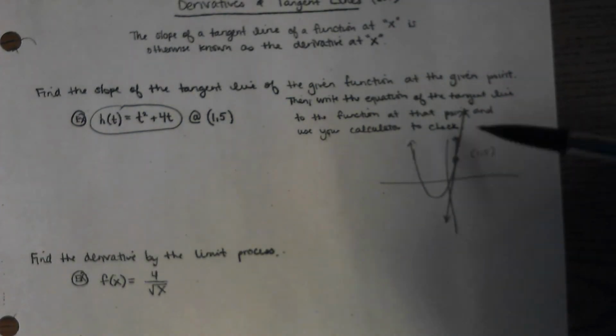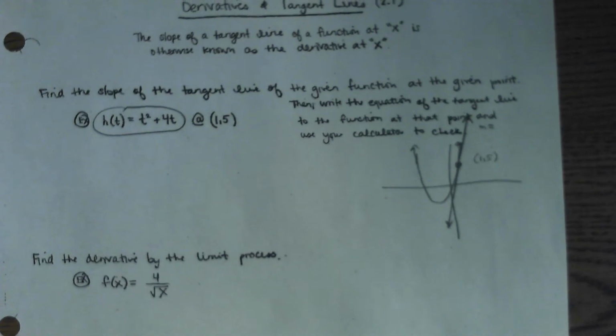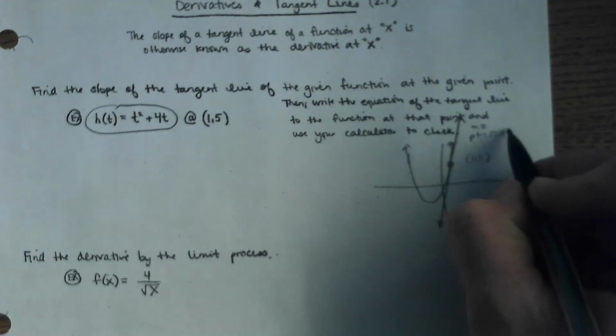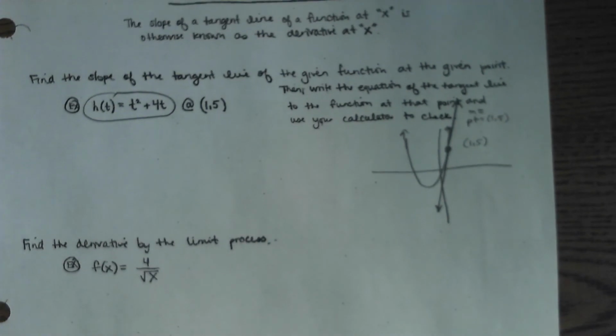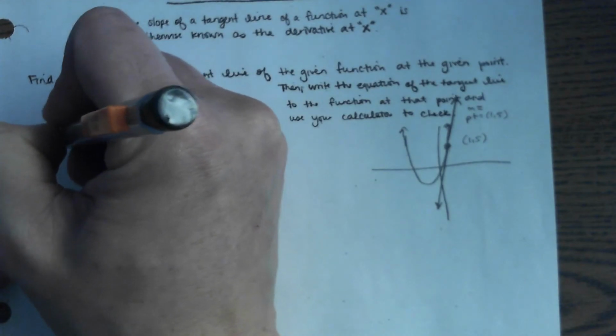So in order to write the equation of any line, we need the slope of the line, which we're going to find when we find the derivative. And we need a point on the line, which we already have, (1, 5). So to review how to find the derivative, we can in general find h prime of t,